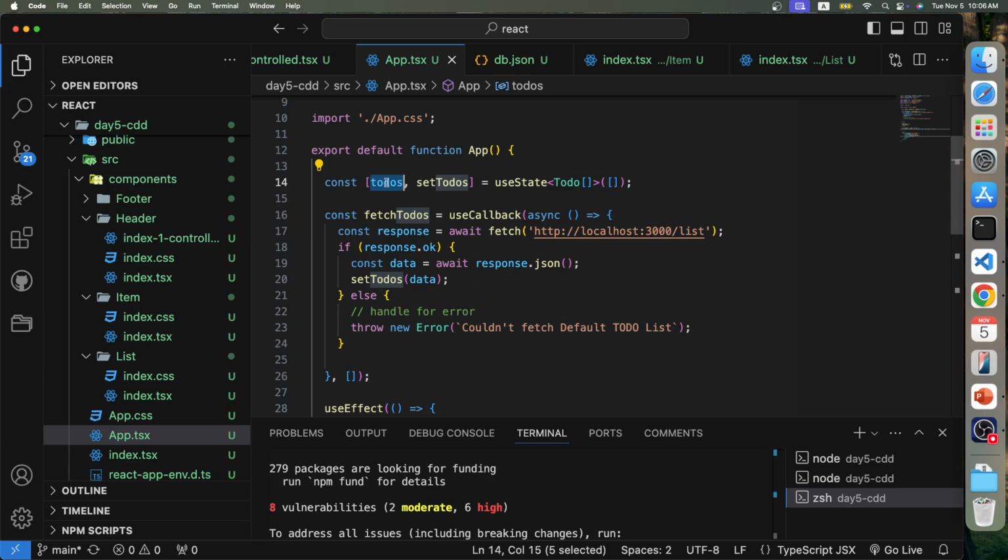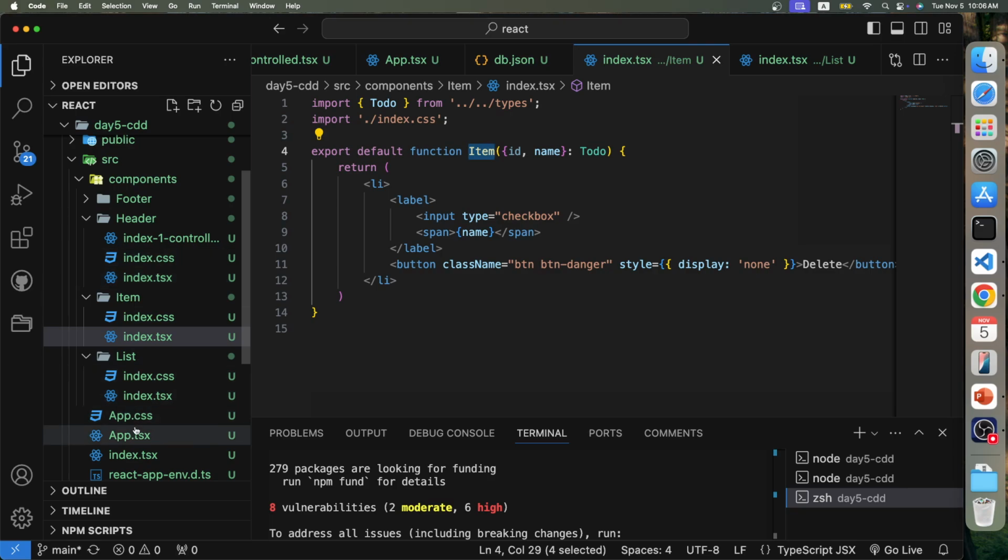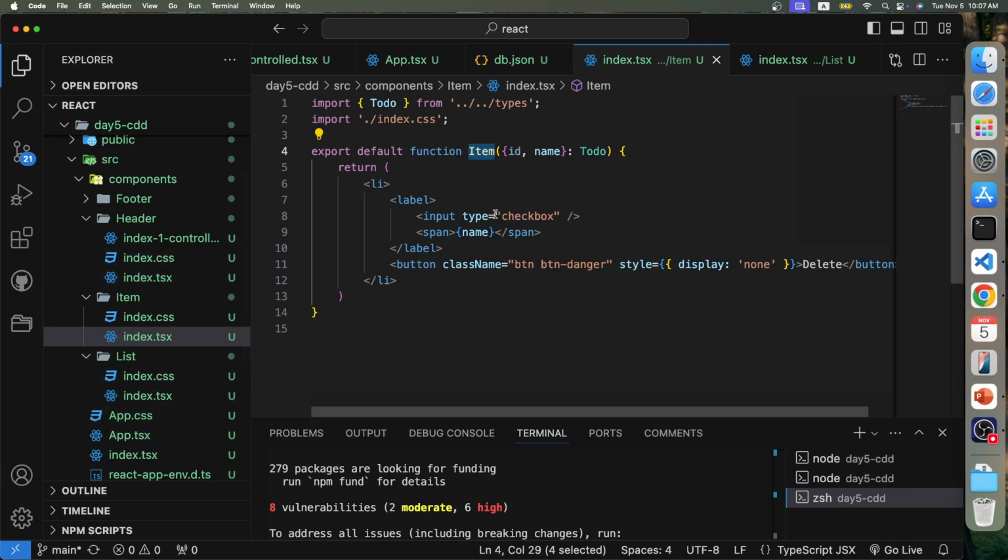Okay, so now we are facing the same issue, because where is the action? The action is in the item. So where to change the to-do is inside item. Now we have to send the data from item to app. It's still child to parent. We still need to do what? We have to make a function inside the app as we did before, okay? Then pass it to here. So once we check or change the checkbox, it will trigger the changes